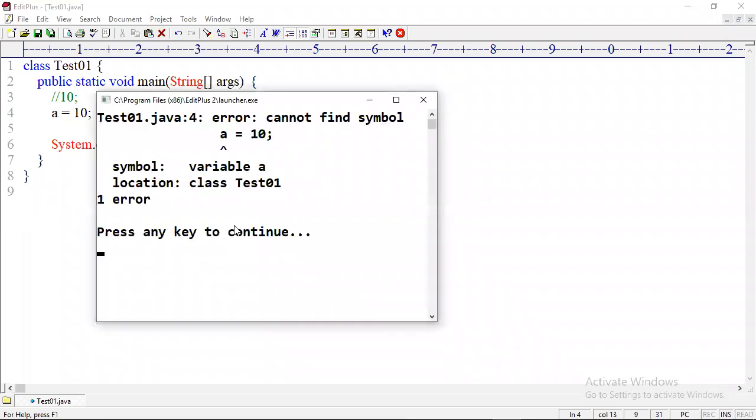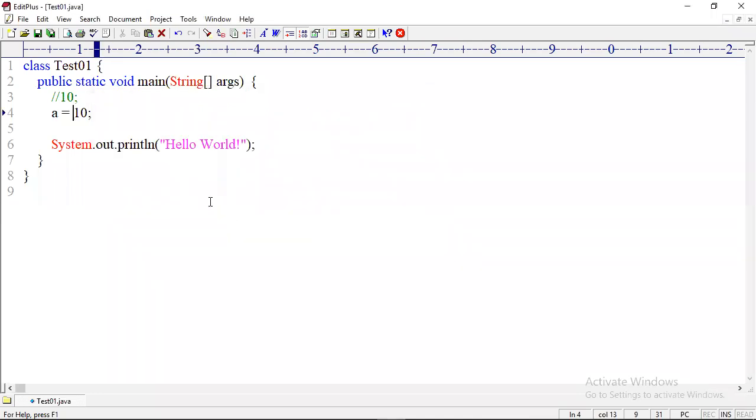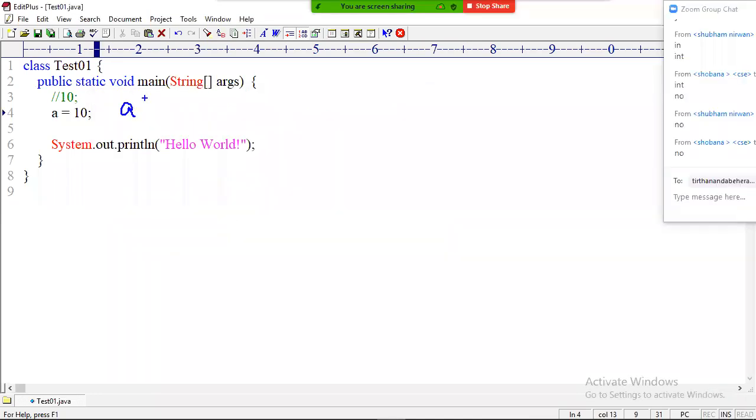So the compiler will throw an error. For that, I need to allocate memory. If it is maths, you simply write a box, and then on your paper you write a box and the value 10. But what is the meaning of memory? Memory means occupying some bytes of memory from the RAM.